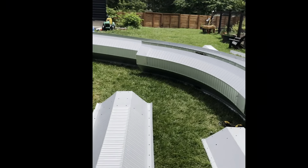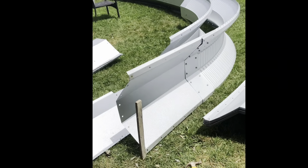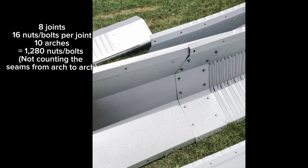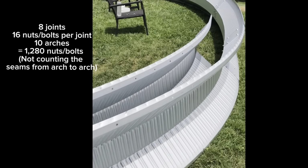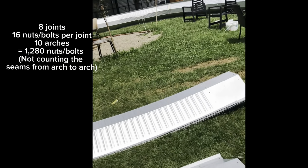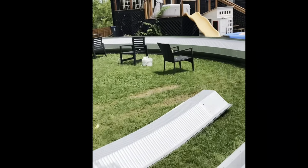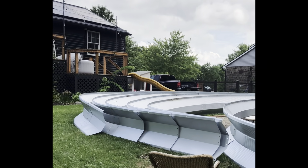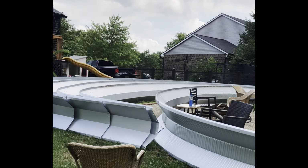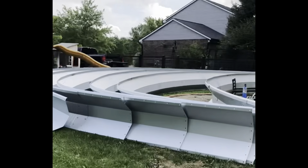So we're moving right along, just me by myself right now. It's tedious, it takes time, thousands of nuts and bolts. I think it's 16 bolts per joint, and there's 8 joints per arch, so you do the math. But it's gonna be one sturdy SOB. I've got 6 out of 10 arches all put together. I only stopped putting them together because it ran out of space. Guess I could keep on going over there or whatever, but